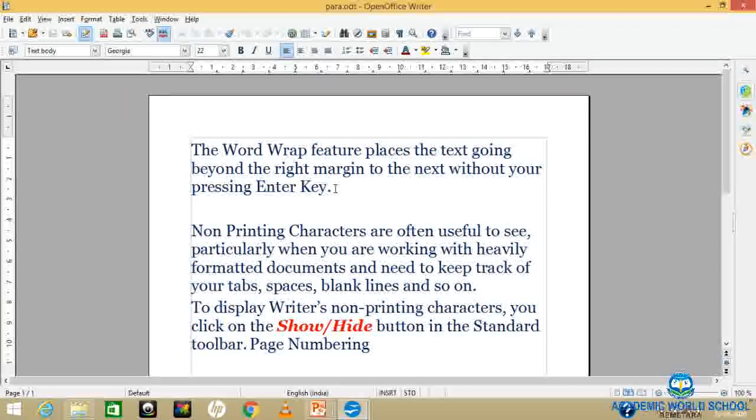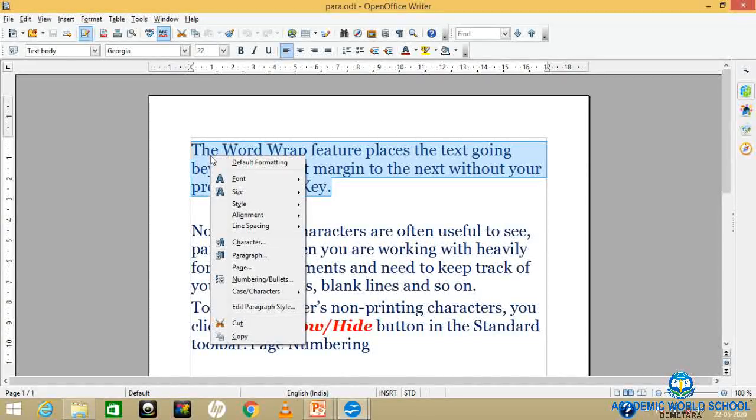This is copy and this is the cut option. From Edit you can also copy and paste. You can see the shortcuts are given here: Control plus C, Control plus X, and Control plus V. Shortcut keys for this. Now I'll copy here with Control plus C.